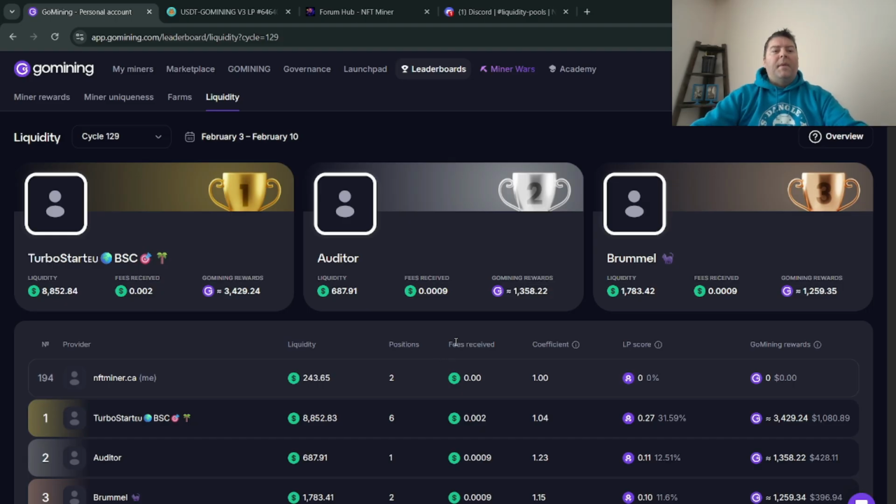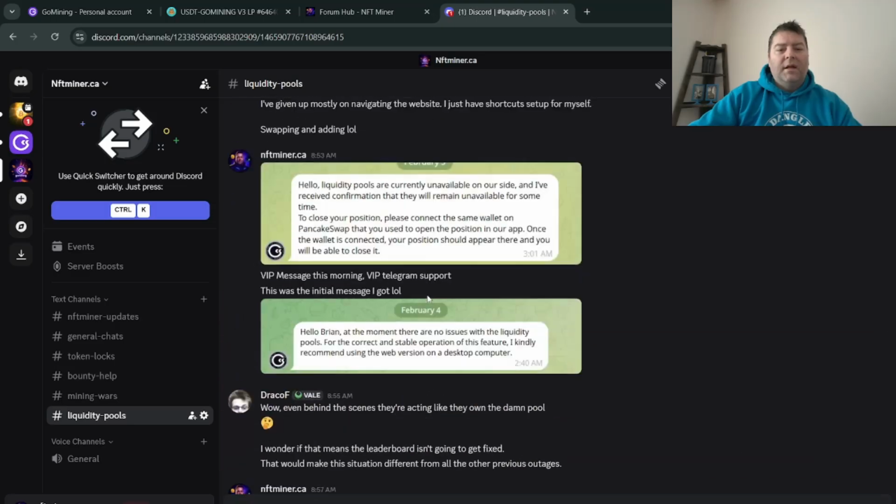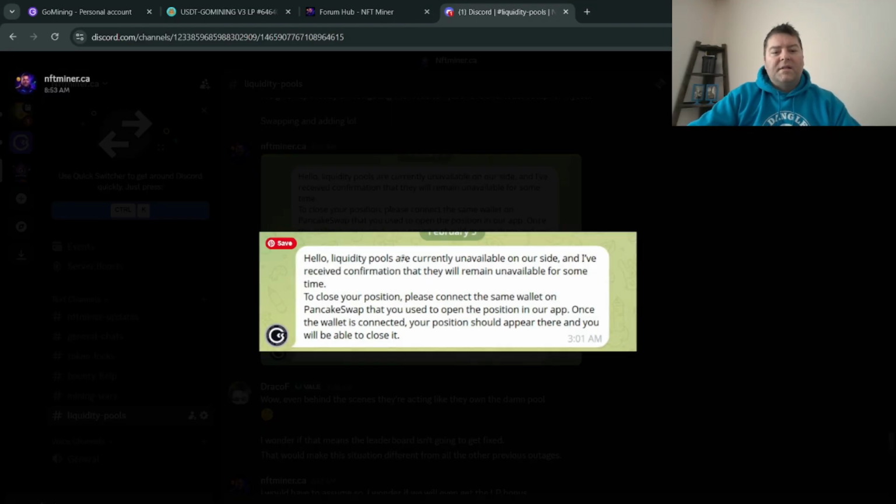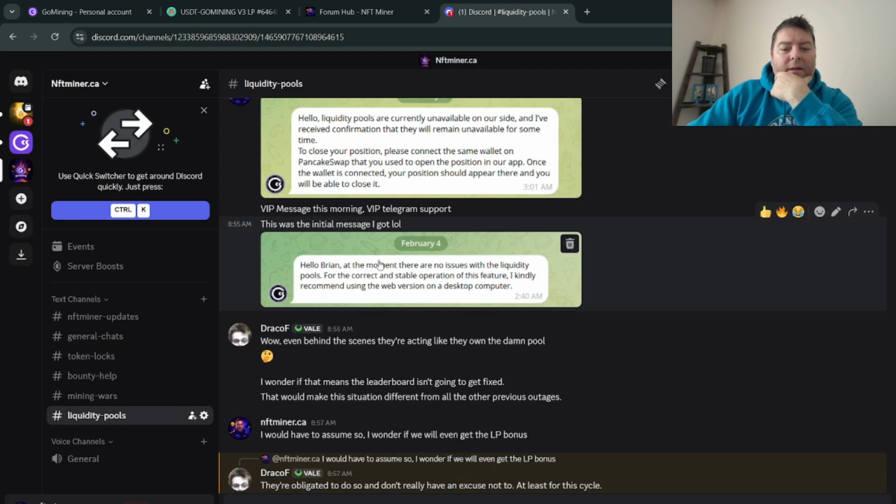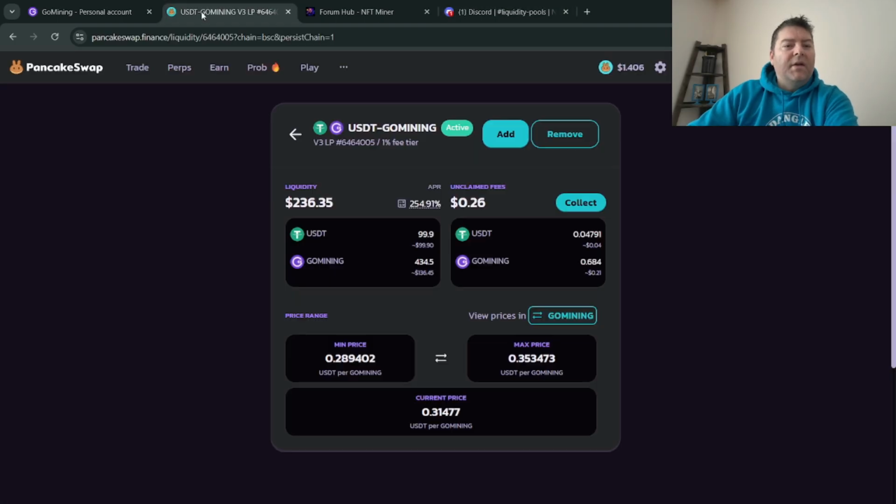So the message I got from the community right here, this is the message I got from VIP ambassadors. So it is clear that the liquidity pools are not going to be fixed for a little while. Okay, so the reality is that it is broken. Okay, so you're going to have to go to PancakeSwap.finance, and then when you get there,